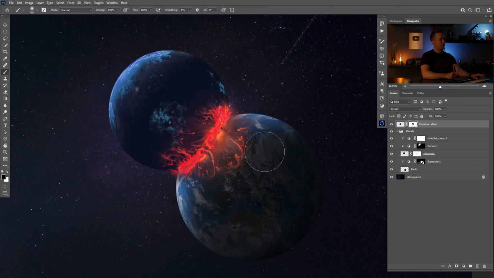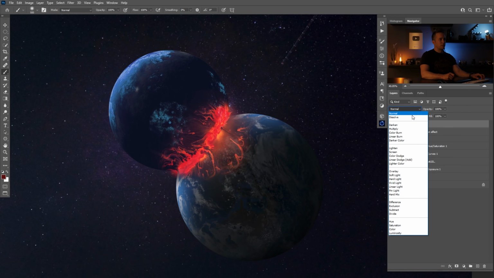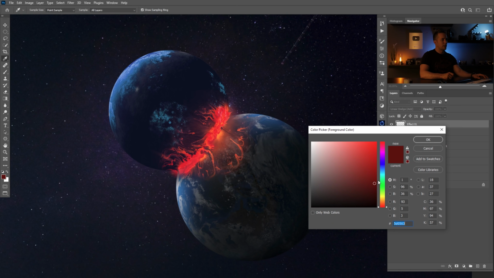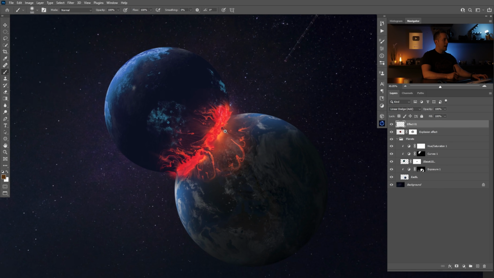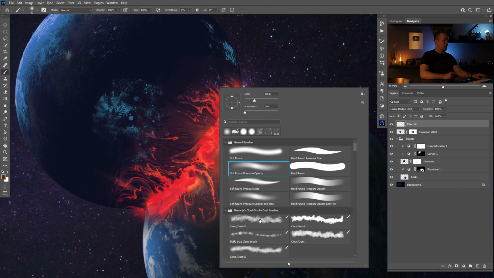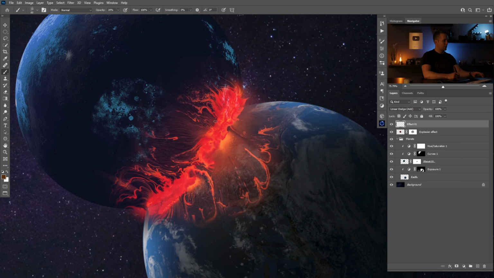Let's see. And now what we will do is add new layers. We will create some kind of glow. I will add a linear dodge blending mode, new layer. I will call it maybe effect number 1. Okay, now we need to use some colors. So I will go with some kind of orangey tone, a darker orangey tone. And let's go here, and I will just paint inside, but I will use a different brush. I will use my custom smoke cloud dust brush at maybe 50% opacity, and just paint